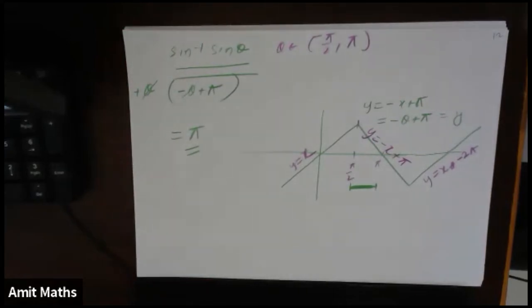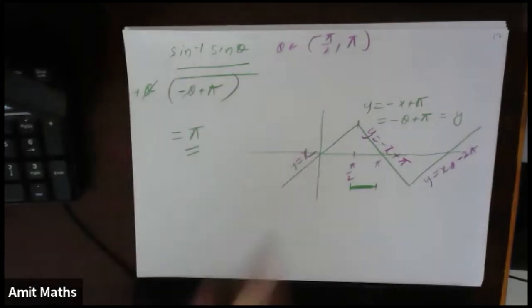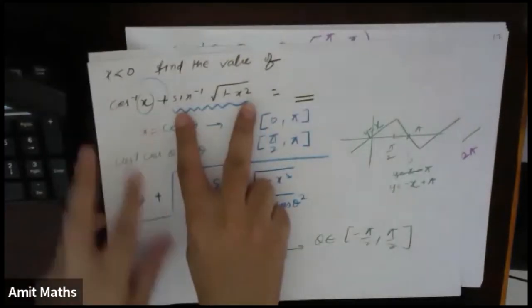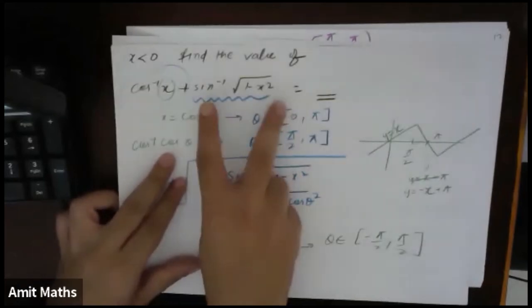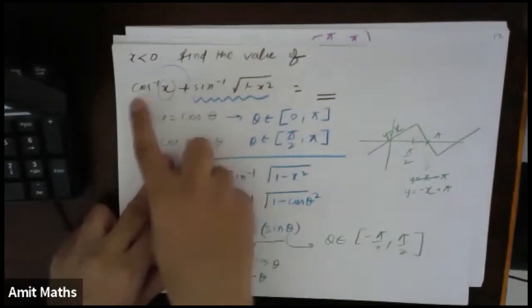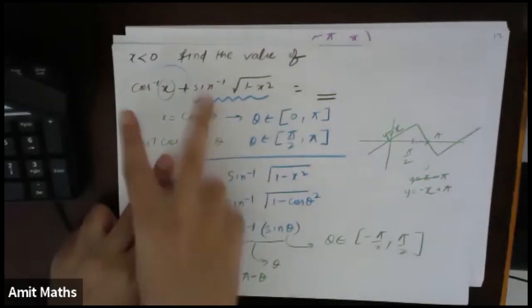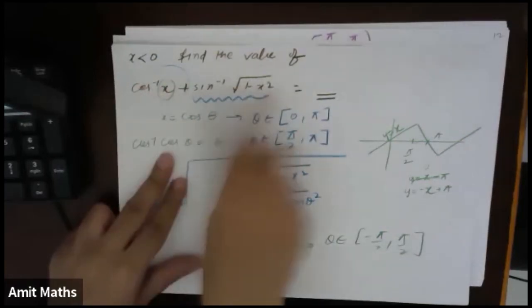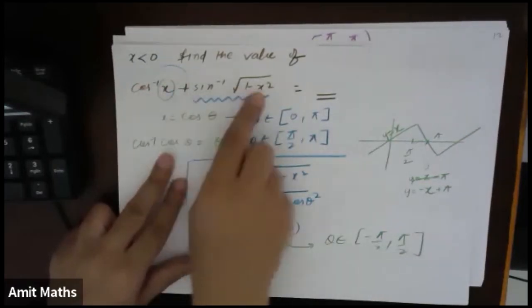Okay, one question, sir. If we are trying to find the value of sine inverse of 1 minus x square, theta is equal to theta, then theta belongs to 0 to pi by 2. Yes, if we simply write sine inverse, this thing is equal to theta. But in the same question, we cannot write this thing separately and this thing separately. x can take the same value at the same time for both of them.